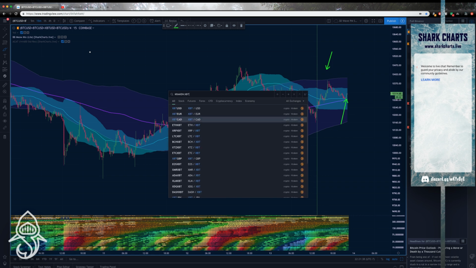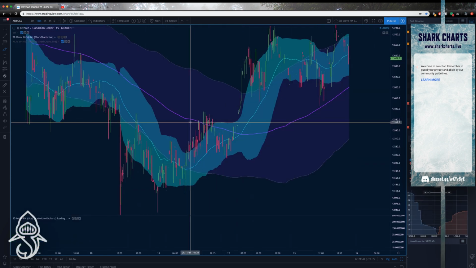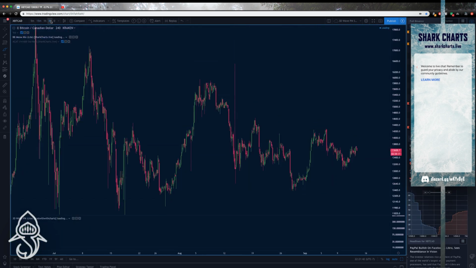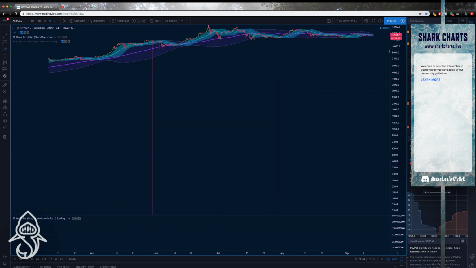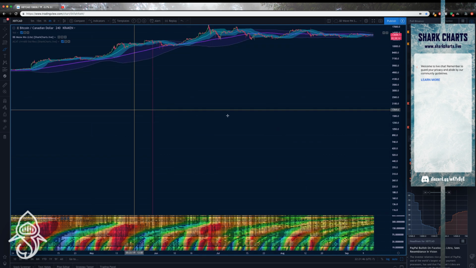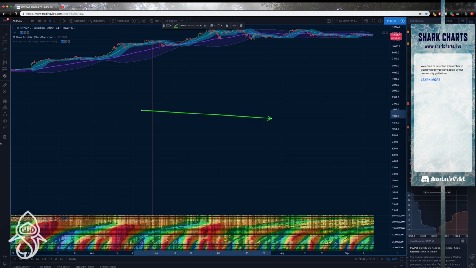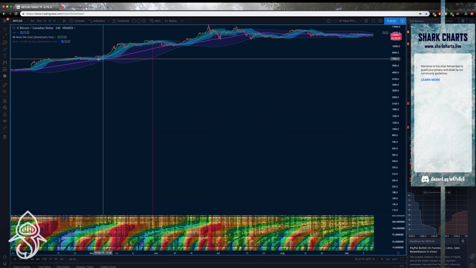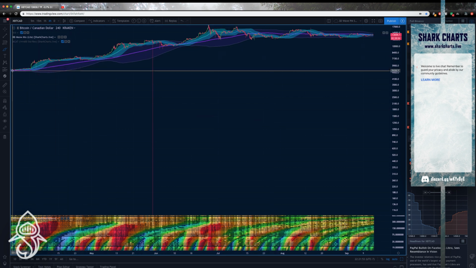Okay, XBT CAD. Yeah, there it is. Kraken has problems with liquidity. So over here on the XBT CAD chart,